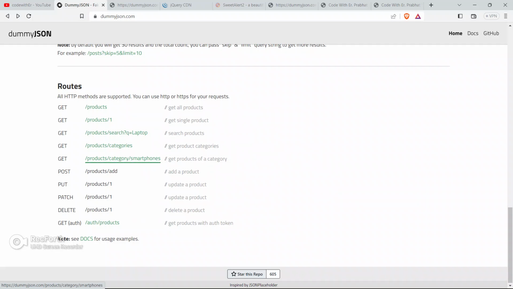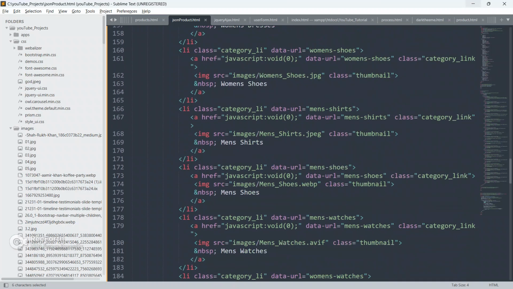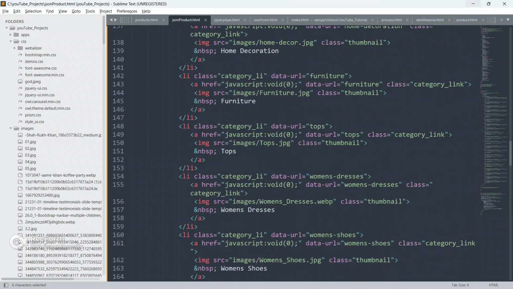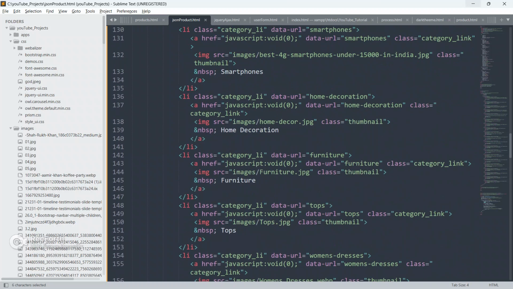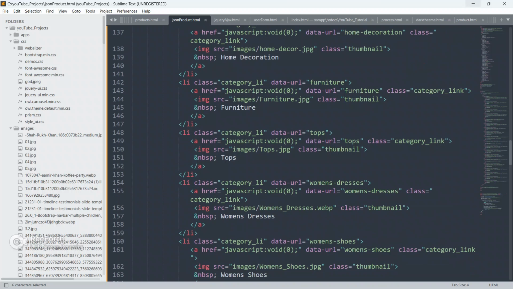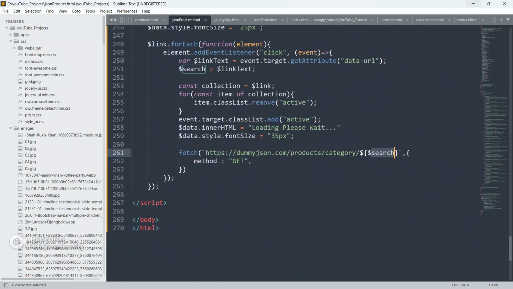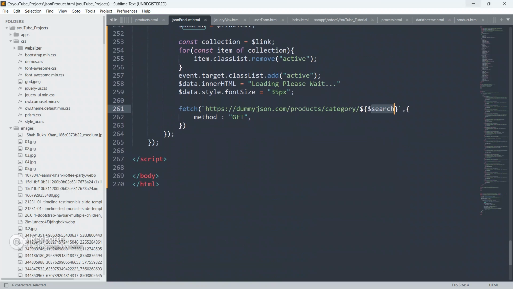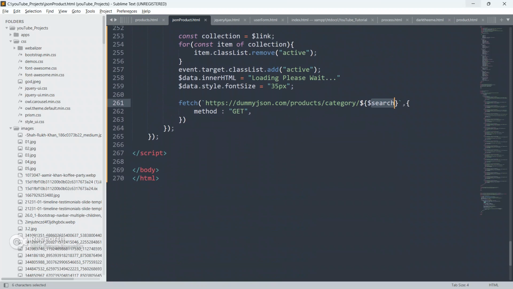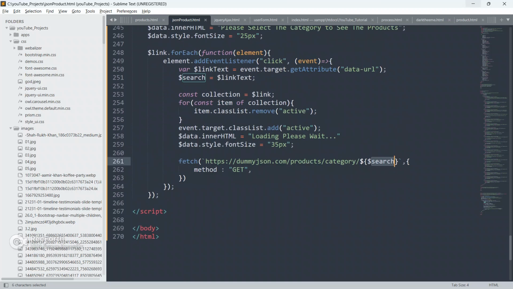Okay, so what I mean to say here, guys, is we can change this smartphone here to the categories from here. Whichever category the user is going to select, like smartphone, decoration, furniture, tops, women's dresses, women's shoes, we will replace this with this.